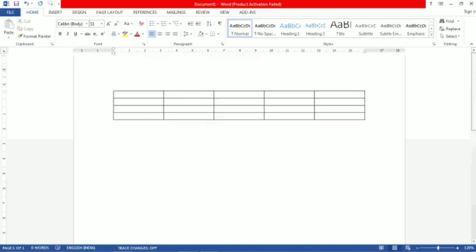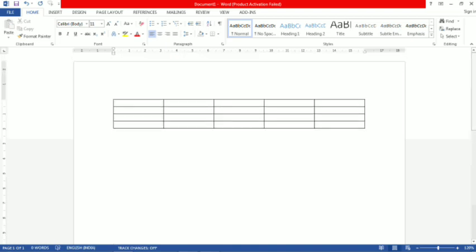How to insert data? Place the insertion point in the cell where you want to enter data and type the text. Suppose we have to enter data here, then we place the insertion pointer just by clicking on the cell. Just click on the cell and the insertion pointer will be here, and type anything that you want.